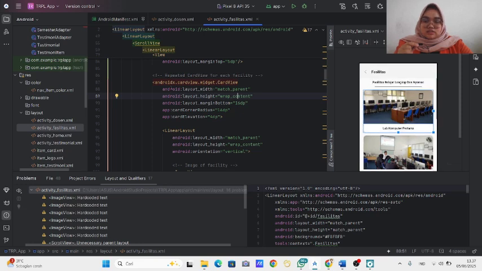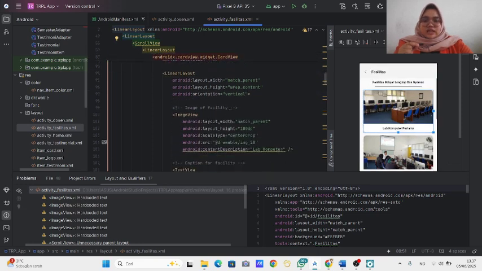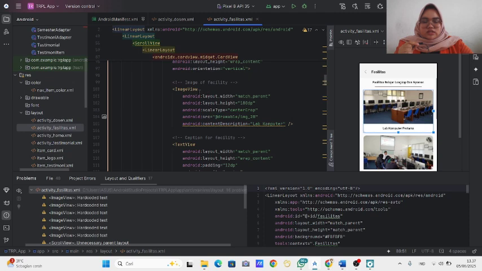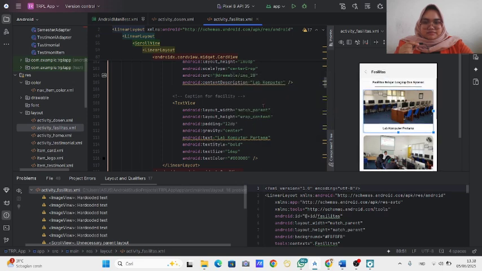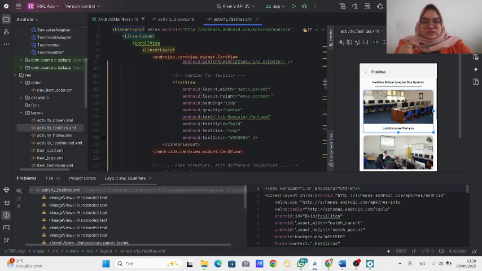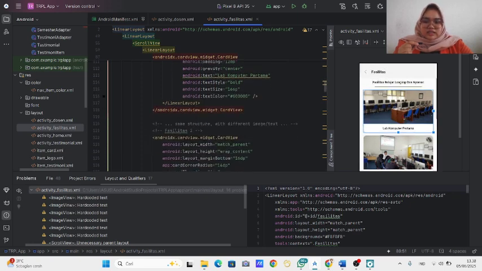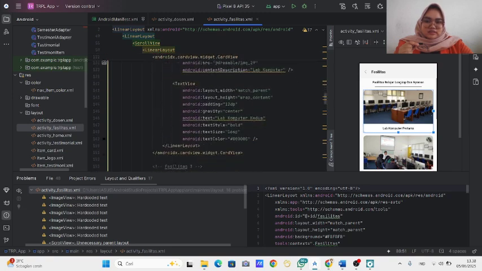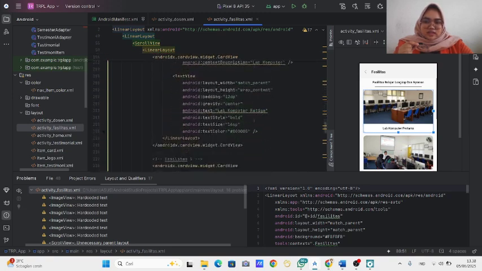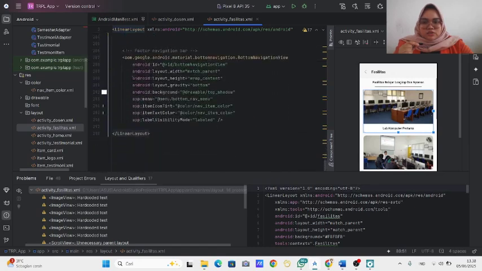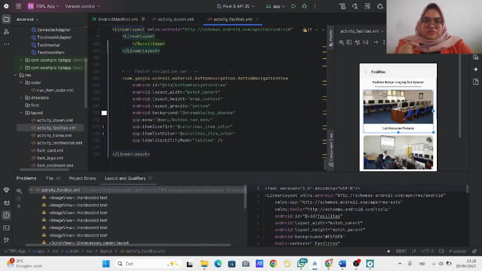This is the card for a facility, and then we use a linear layout and an image view, the image of the facility. We use a text view for the caption of the facility, and the same structure with different image and text. And the last, we have the footer navigation bar.